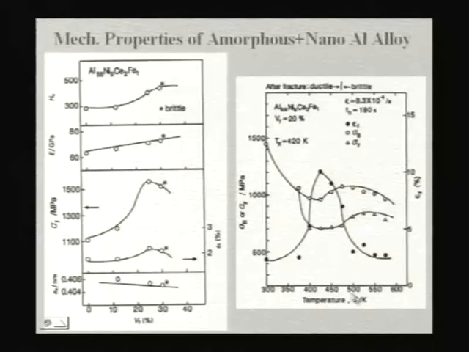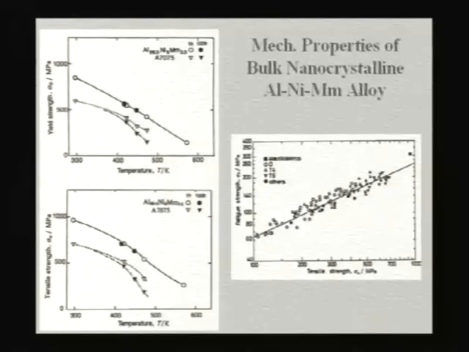And similarly, if you have a look at the high temperature strength, you can see you can also achieve much higher strengths at even higher temperatures, but there is a temperature beyond which they show some kind of brittle nature. So one has to consider this aspect also. This is basically because of the precipitation of crystalline phases at high temperatures, which make them brittle, because most of these crystalline phases are intermetallics, brittle intermetallics. Because of this, at high temperature you lose the ductility to a large extent. One can also make bulk nanocrystalline alloys.